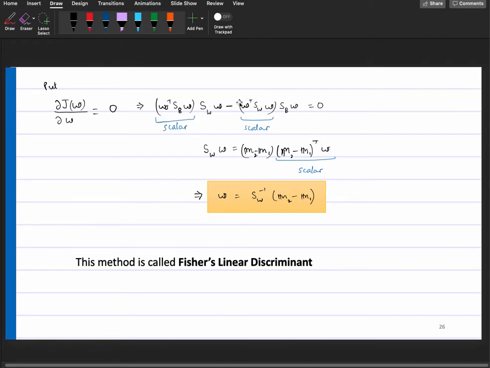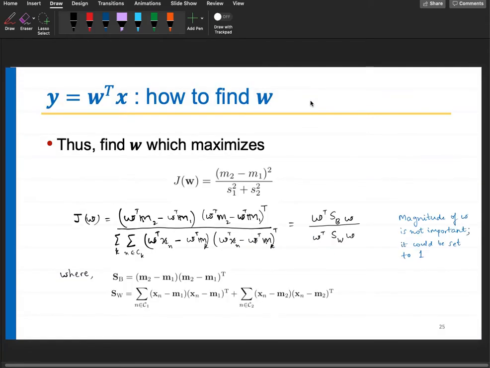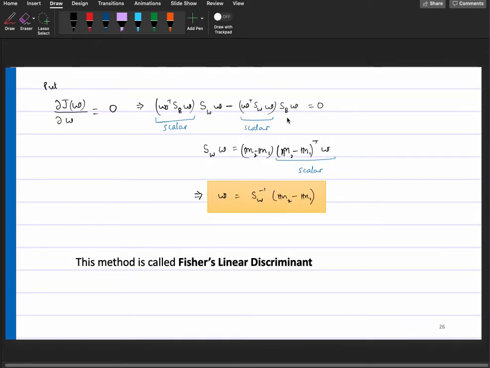The next is the denominator part into the derivative of the numerator, which is W transpose SB W. The derivative will be twice of SB W, so that 2 is given up. Okay, SB W. And if you take this to the other side, it becomes something like this, with SW W. This is a scalar. So in this derivation, scalars are not important because you can take it in the denominator, but it will not play a role here. I will tell you why.